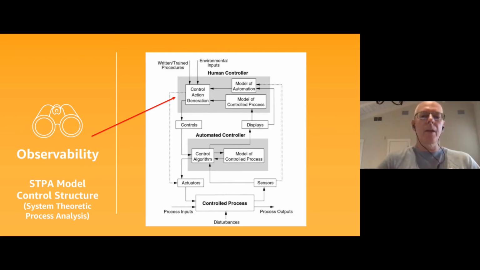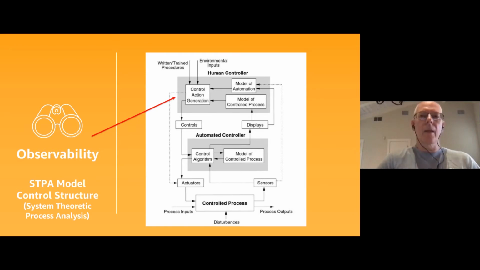What we have is a human controller, an automated controller, and a control process. And the observability part is the sensors and displays. But there's also the controls and actuators. And then the other thing that's shown in here is a model of the control process in the automated controller. So that's quite often some code that you wrote that manages the system, or an auto-scaling group, the configuration, something like that. And the human controller, who also has a model of the automation and a model of the control process. If you think about how this can go wrong,